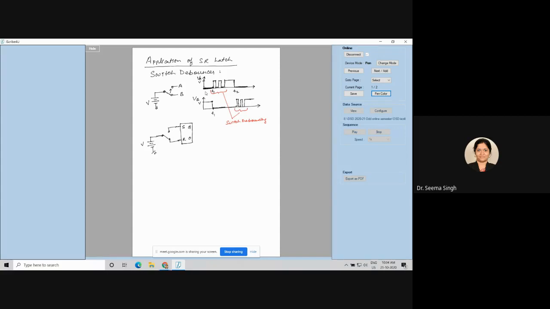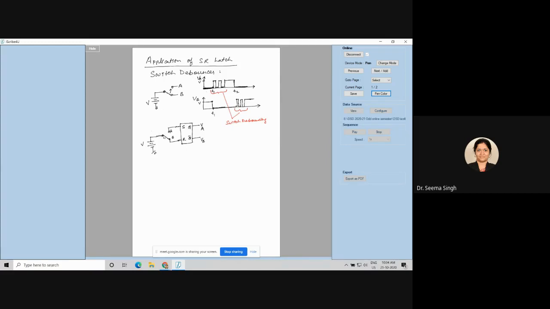Anyway, before anybody can tell, I have made the circuit. Now I hope you should be able to understand it at least. This is a switch debouncer circuit. Now you see how it will help. Try to see how it will help. Are you able to analyze? Okay, let me only tell.